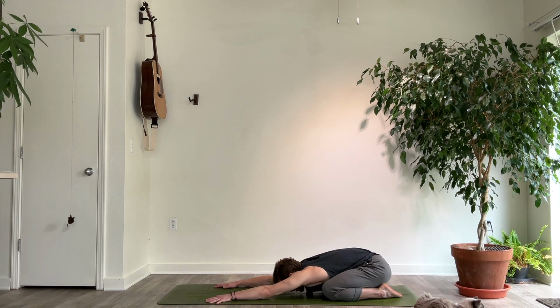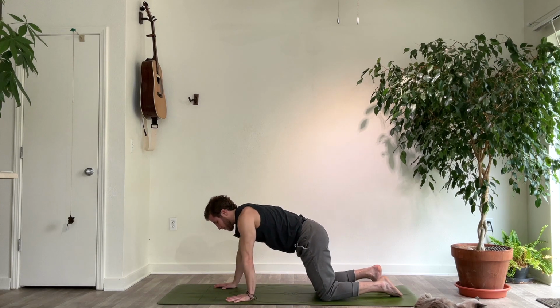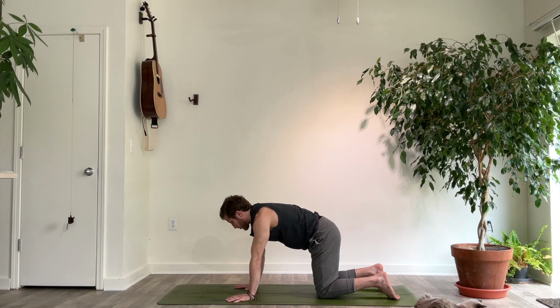Keep breathing nice and deeply. See if you can soften the shoulders and relax the hips even closer back to the heels. Take 2 more rounds of breath. Cool, and we'll meet in a tabletop position, shifting the weight forwards, stacking the shoulders on top of the wrist